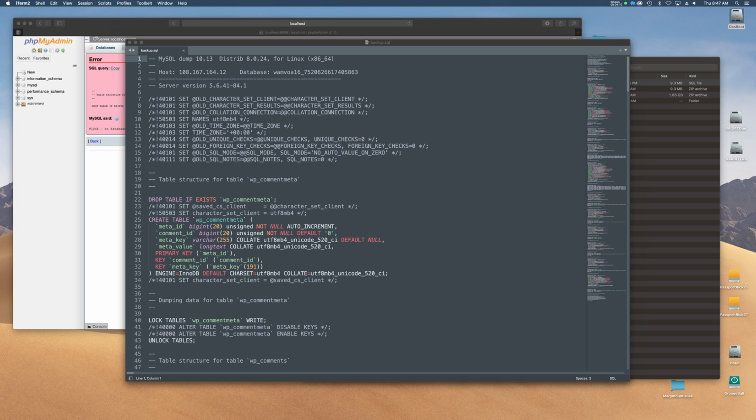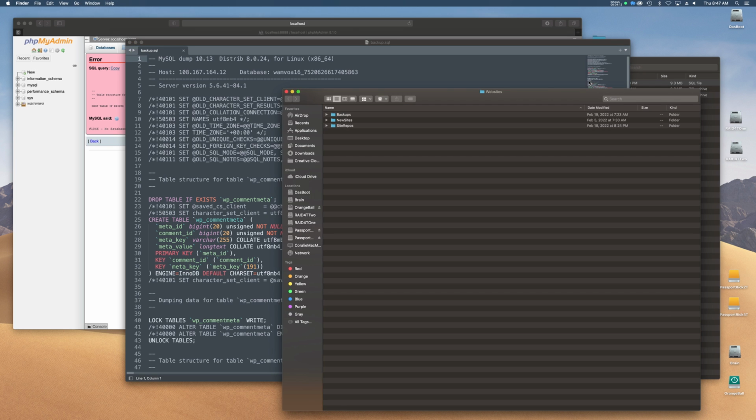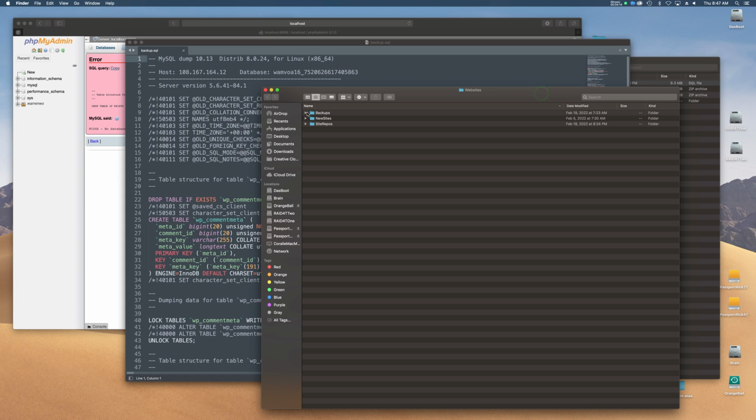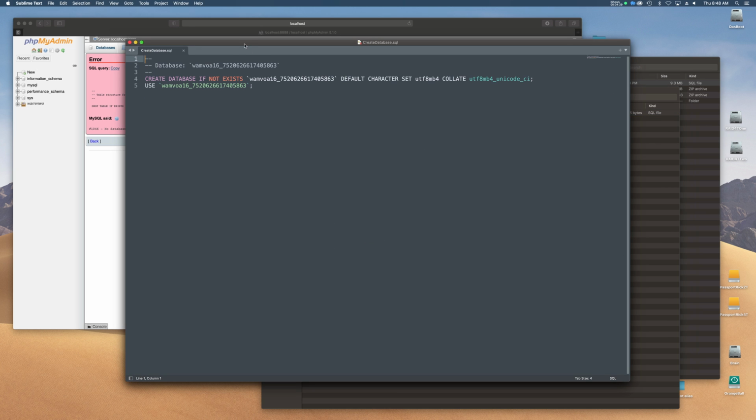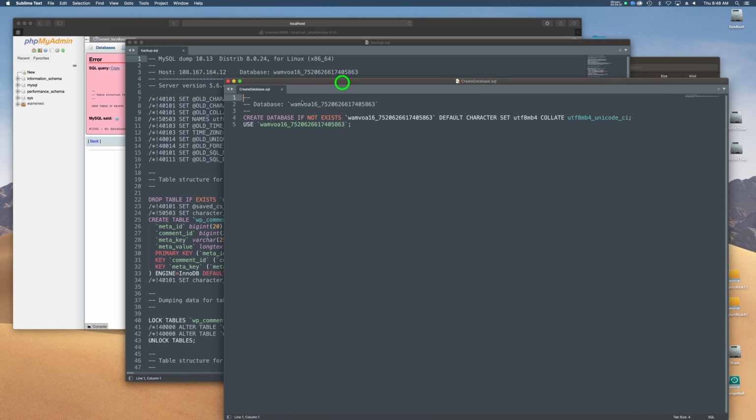actually prepared this ahead of time. So here's another window. I'll go to the backups folder again. And here in WarnWorks is the DB commands file. So I'm going to open this also in Sublime. Okay, and there's the statement that's missing. So what we do